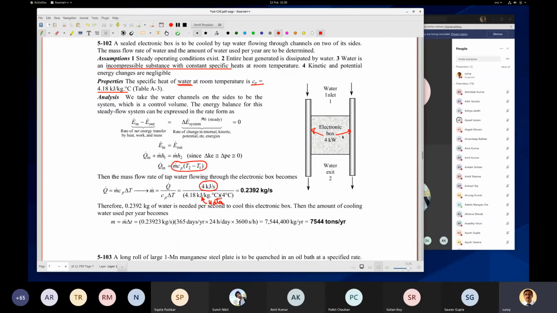And anyway, of course, this water is almost at constant pressure. The pressure variation is very small. So for water I say specific heat. When it's a liquid, we are not differentiating between Cp and Cv like for gas. It's just specific heat. Specific heat is given, and 4 degrees centigrade is the temperature difference. So the heat that is being transferred from here to there is Q dot.